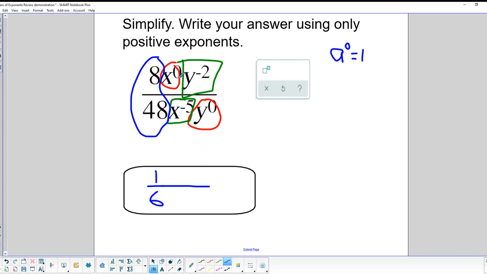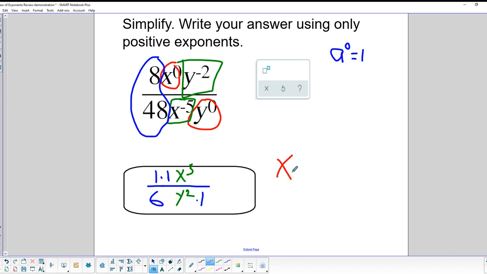All right, now these x to the 0 power equals 1. And that y to the 0 power on the bottom just equals 1. So now all we have to do is figure out this y to the negative 2 and x to the negative 5. And we know that if we want to turn a negative exponent into a positive exponent, we just have to move it either down across the fraction bar in order to get it to become positive, like in the case of y, or in the case of the x to the negative 5, we have to move it up across the fraction bar and make it positive. So we end up with our final answer as